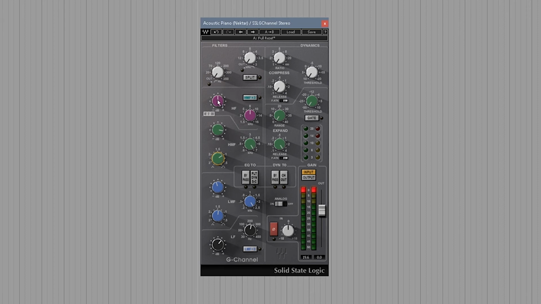Let me see the high band. We have minus 17 to plus 17, just like the low band. So you have 3 dB less on the low and the high band. And it goes from 1.5, so that's 1500 hertz, all the way up to 16,000 hertz or 16 kilohertz. So yeah, quite a bit of movement there. You go from 30 hertz on the low band all the way up to 16,000 hertz on the high band,